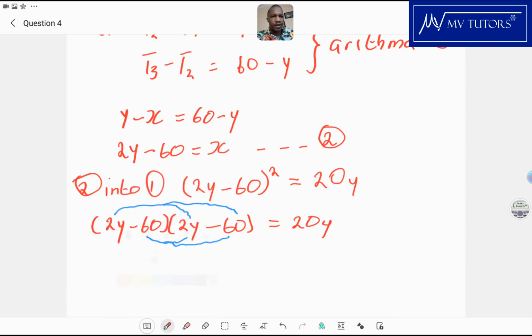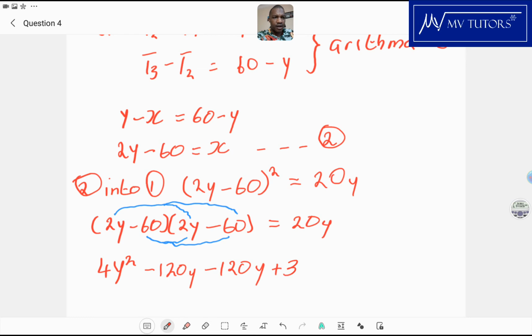All this means is that I'm going to say 2y times 2y, which gives me 4y squared, and then 2y times minus 60, I'm going to get minus 120y, and then here minus 60 times 2y, I get minus 120y, and then finally minus 60 times minus 60, I'll get